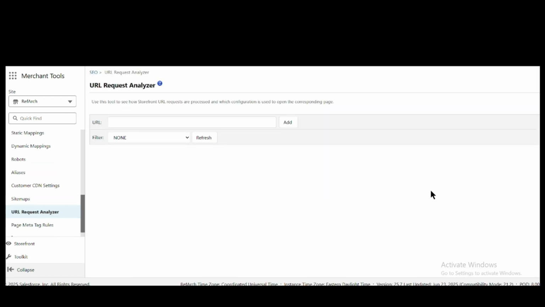The URL Request Analyzer helps you to understand how incoming URL requests are processed inside the SFCC, which site is matched, which controller or pipeline is triggered, and whether the request was redirected or served directly. Let's talk about the first term, host. The host is simply the domain name that's being